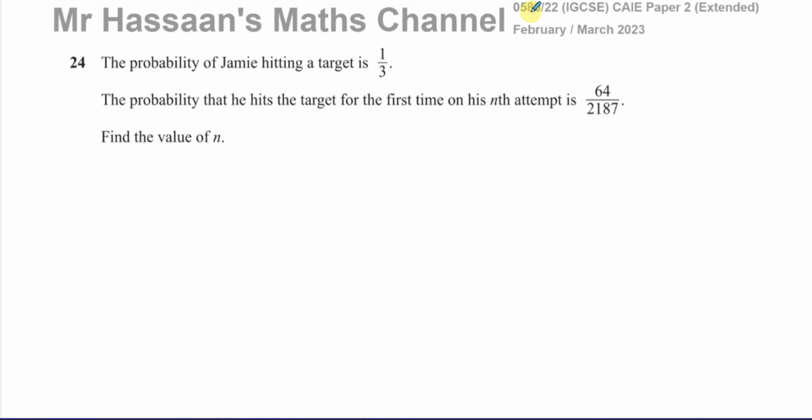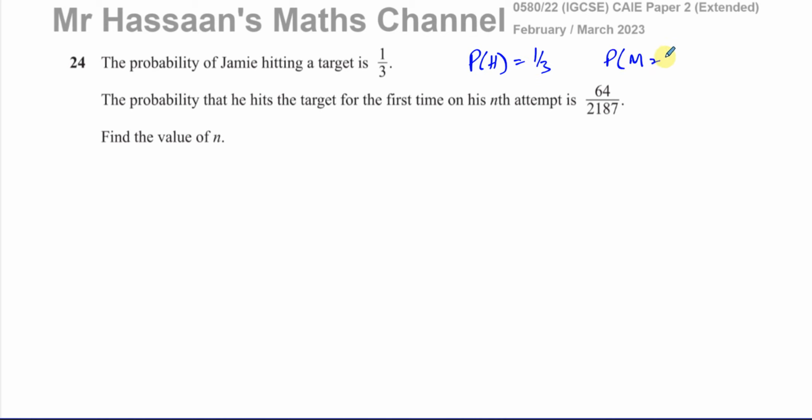This question is about probability. It says the probability of Jamie hitting a target is 1/3. The probability that he hits the target for the first time on his nth attempt is 64/2187. So if the probability of him hitting the target is equal to 1/3, that means the probability of him